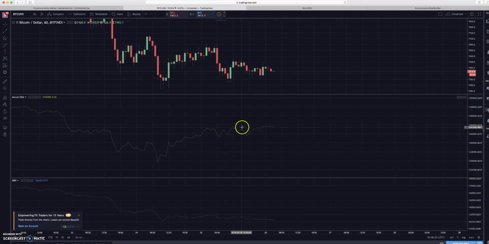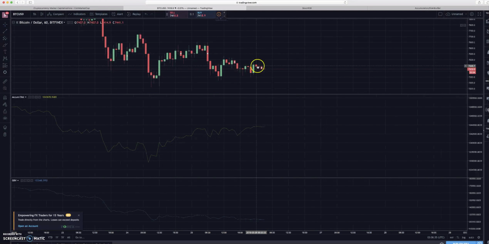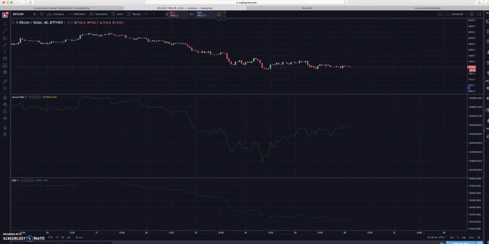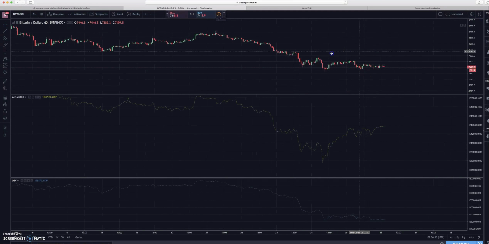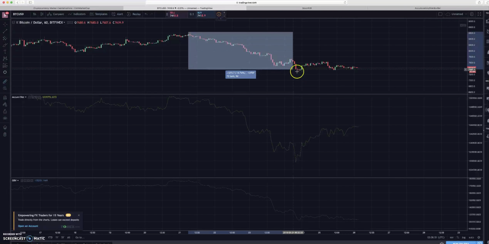Basically, what you can do is use both of these indicators, the on-balance volume and the accumulation distribution, to give you an idea of what is trending. What direction does this seem to be trending in? Right now, clearly we had this downtrend. Let me zoom out a little bit and drop the chart. We can see that we went from a price action of about 8,600